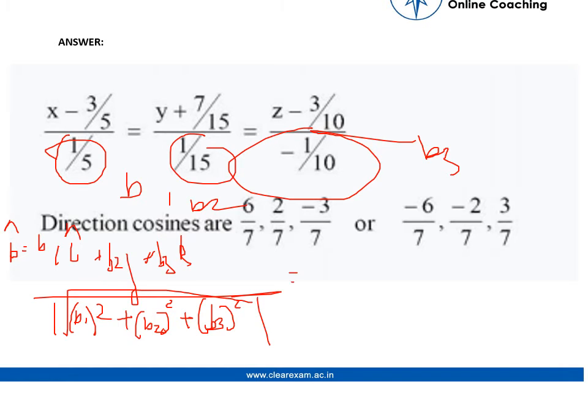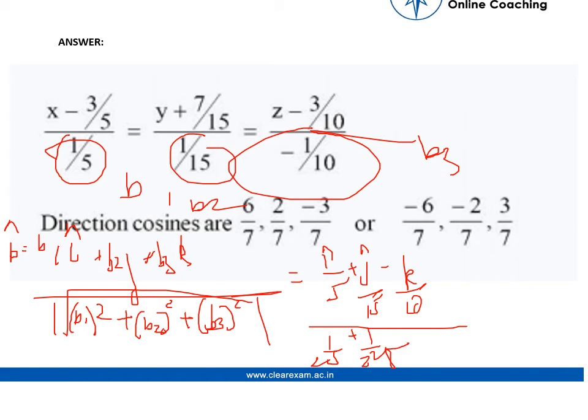On putting the values of b1, b2 and b3, we get (i cap upon 5 plus j cap upon 15 minus k cap upon 10) upon the square root of 1 upon 25 plus 1 upon 225 plus, oh, here it is, minus 1 upon 100 squared. On solving these, we get